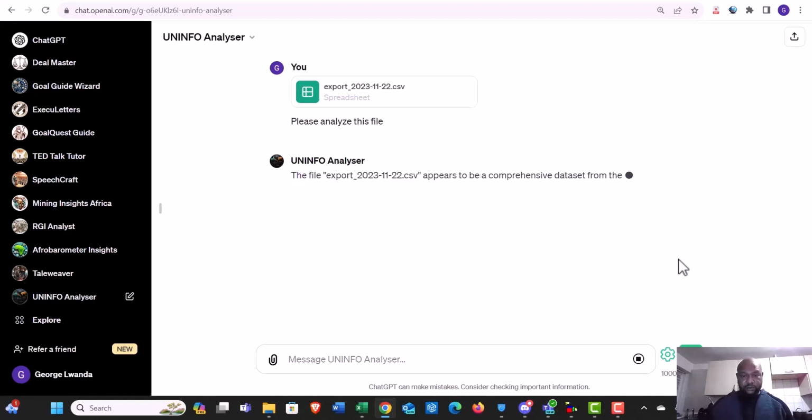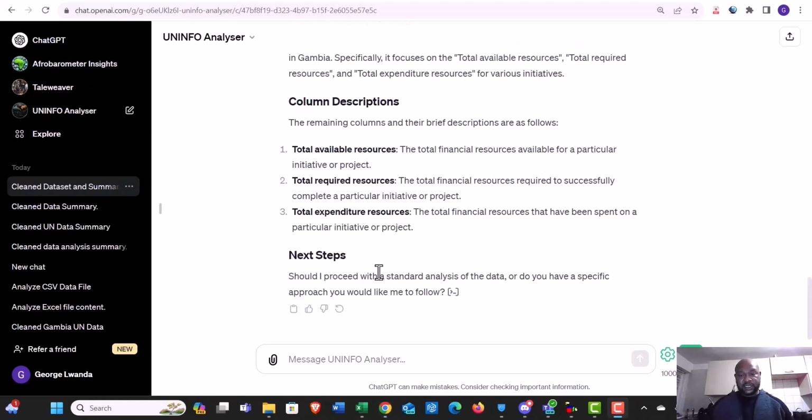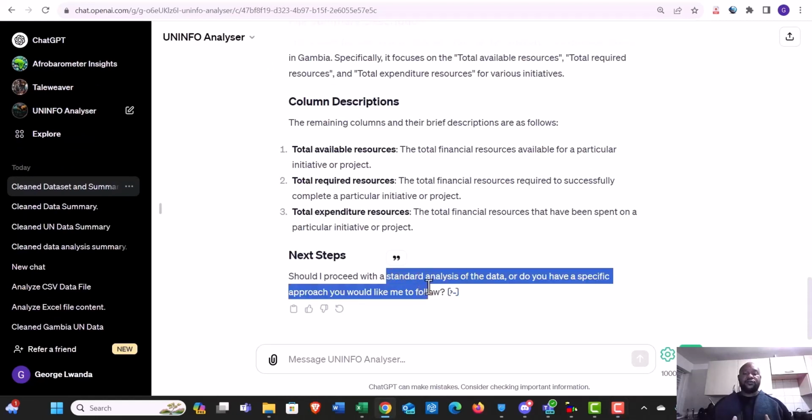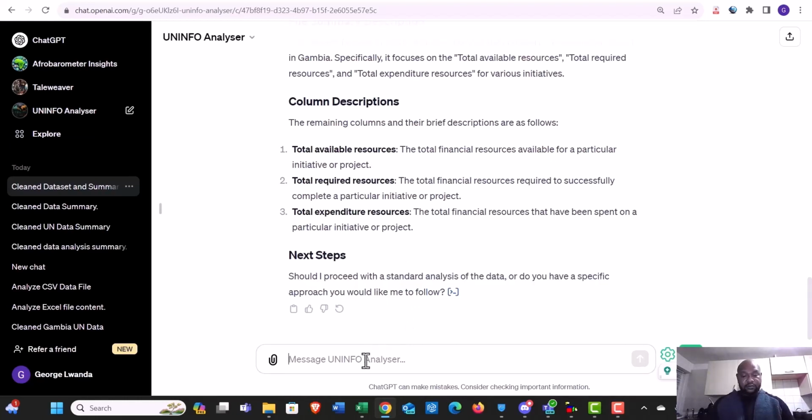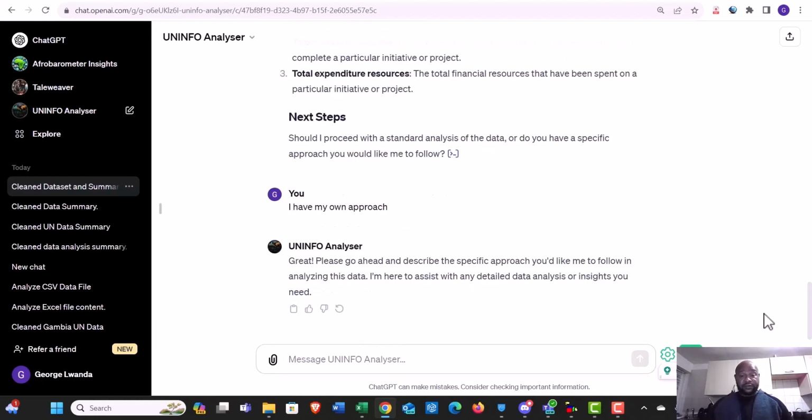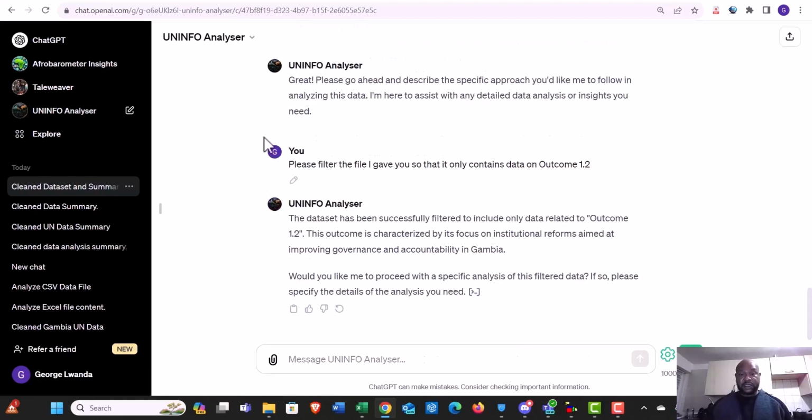When it asks you whether you want to do a standard analysis or a specific approach, instead of saying standard analysis like we did last time, you can tell it that I have my own approach. So then after I've told it I've got my own approach, as you can see, it asked me to tell it what I wanted to do. So suppose I was only interested in analyzing outcome 1.2. So I'll start off by saying, please filter the file I gave you so that it only contains data on outcome 1.2. It then answered me to say that the dataset has been successfully filtered,